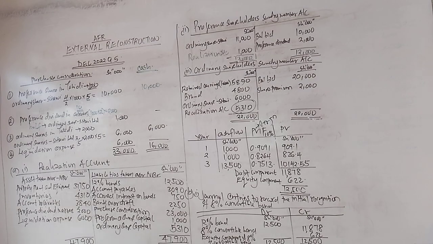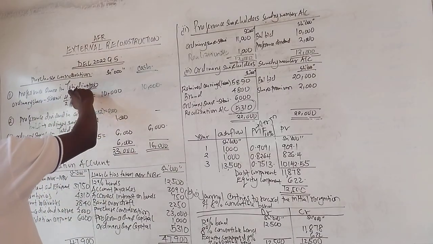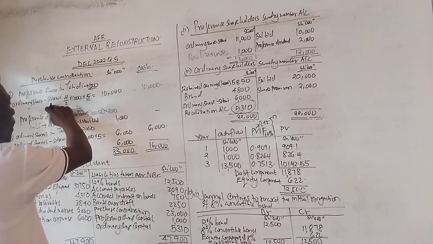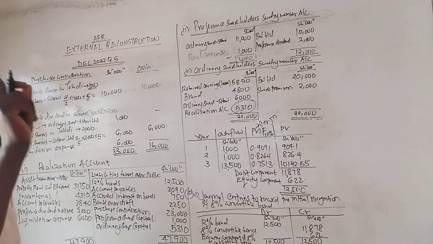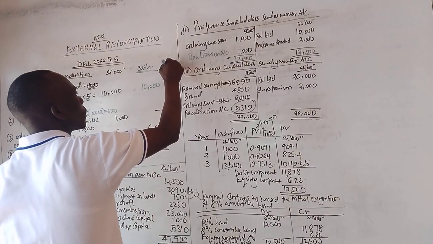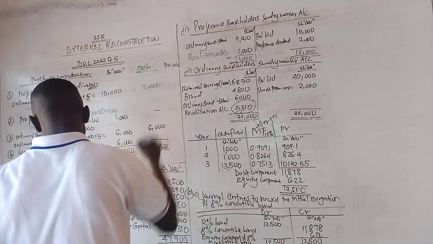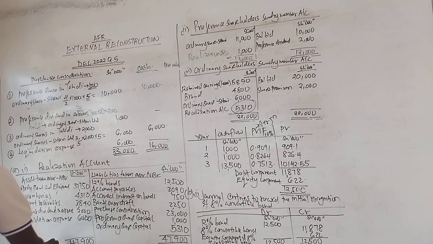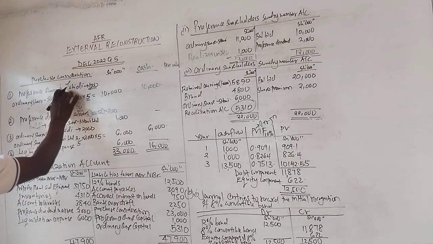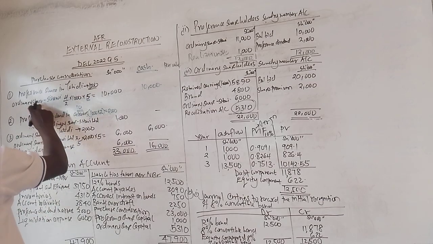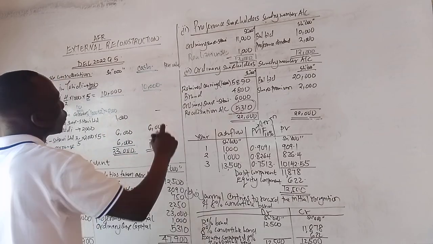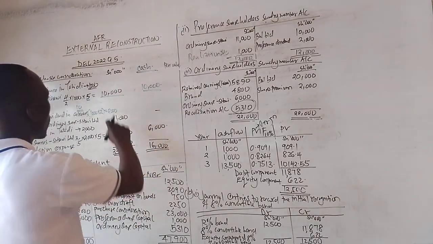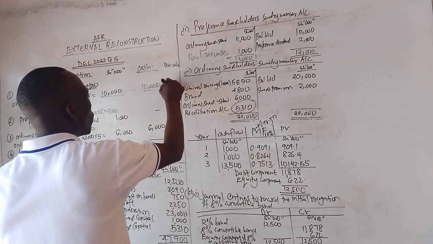Then we start with number 1, the first one here. The preference shareholders were given ordinary shares. How much? Remember, the ordinary share capital is always reported at the par value. So these preference shareholders, the ordinary shares which they were given were worth how much? It is 10 plus what was paid to make it fully paid, the par value. So this plus this will give us